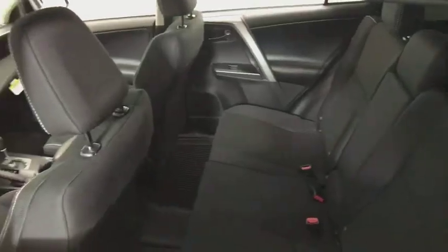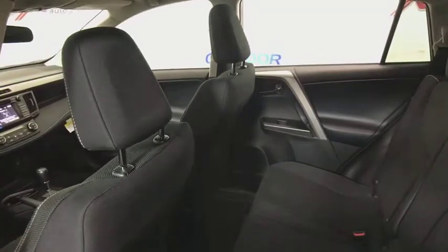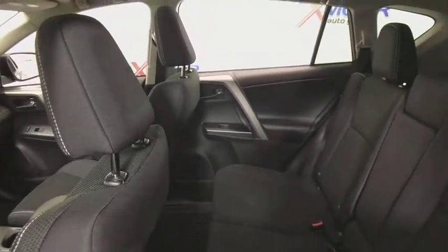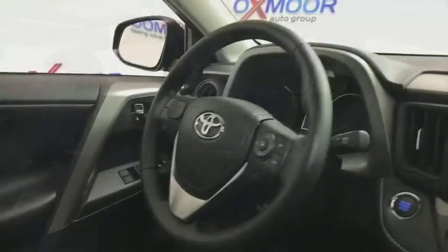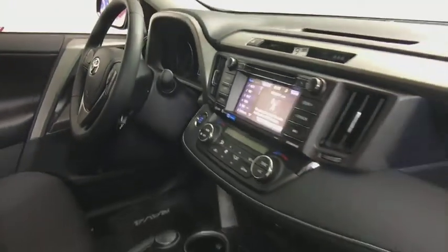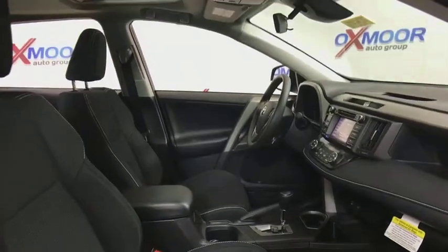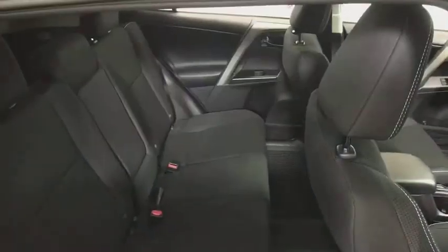Here are some of this vehicle's great options: traction control, dual airbags, leather-wrapped steering wheel, alloy wheels, power steering, four-wheel disc brakes, trip computer, fog lights, rear window defroster, MP3 capability, power windows, AM/FM CD player with 6 speakers, electronic stability control, CD player, power moonroof, remote keyless entry, brake assist, panic alarm,